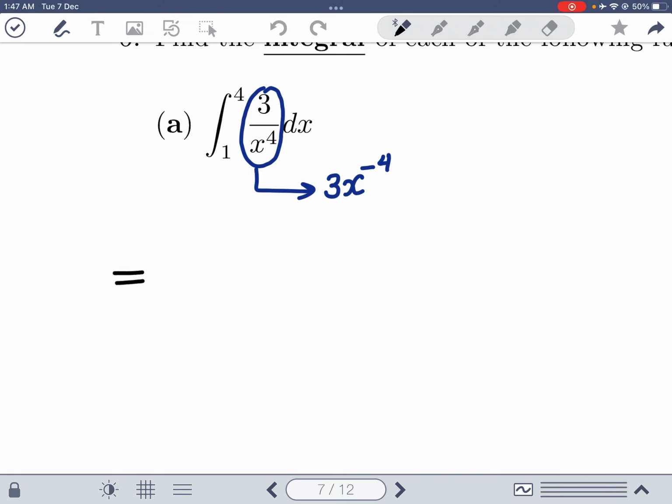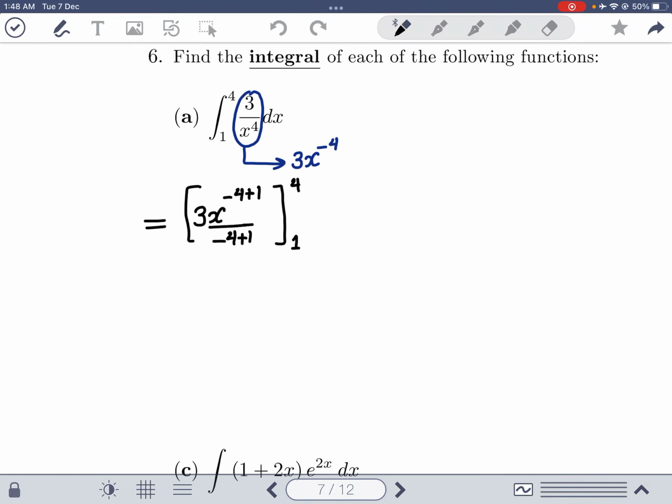So this is equal to 3x to the minus 4 plus 1 over minus 4 plus 1, and you calculate this between 1 and 4. They're telling us to go between 1 and 4. Okay, good. So let me simplify things first. So this becomes 3x to the negative 3 over negative 3. There are things that cancel here. So the 3 cancels with the 3, and this becomes minus 1 over x cubed